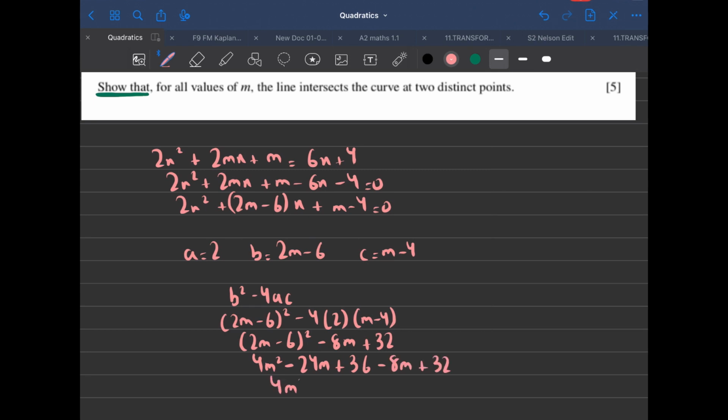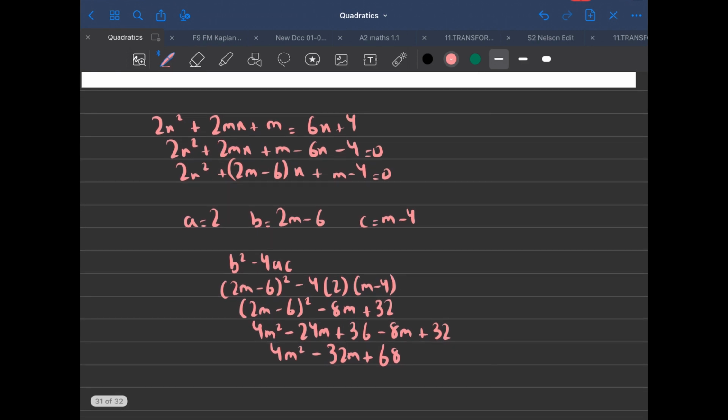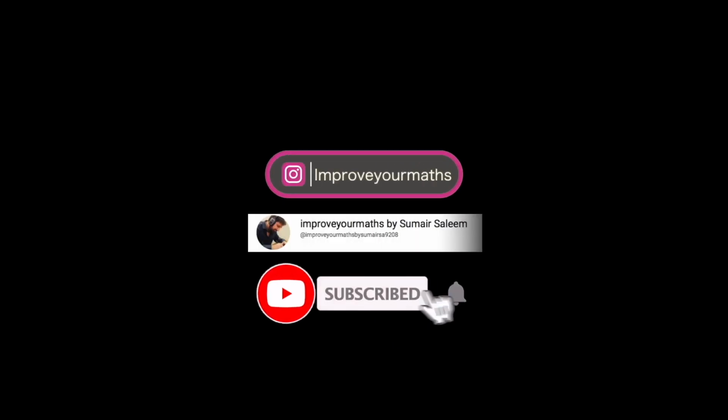So it's going to be 4m square minus 24 minus 8m makes what? Minus 32m plus 36 plus 32 makes what? 68. Do you get this? Can I take 2 common? So 2m square minus 16m plus 34. Oh, I can take, in fact, 4 as common. So it's going to be m square minus